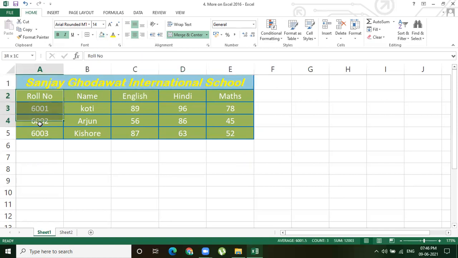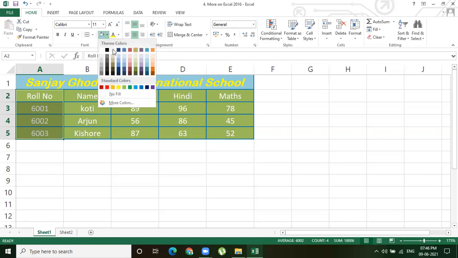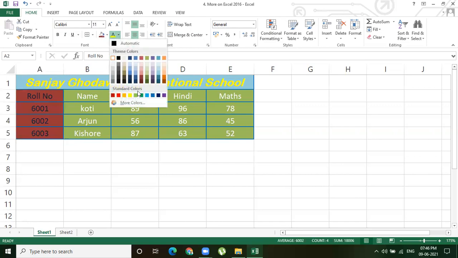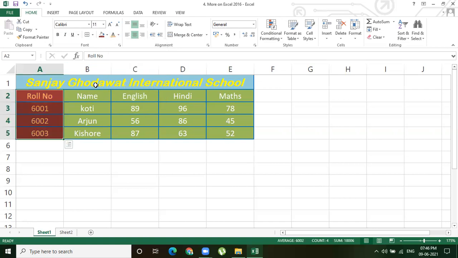You can see. So like this, you can apply different fonts, font sizes, and font styles, and then background fill color, which means the background of the cell, right? So now here I am taking a different color. Okay, this is fine. And even if you want to change the color, you can change it, right? Any light color. Okay, so in this manner you can fill the color in cells, right?